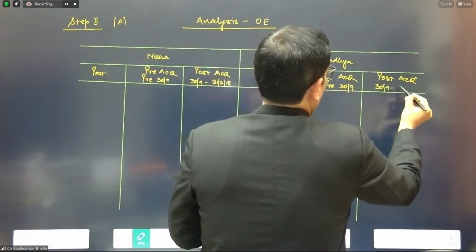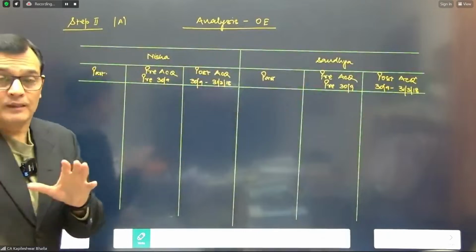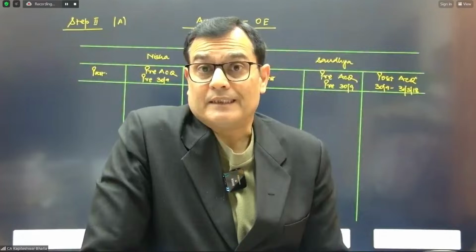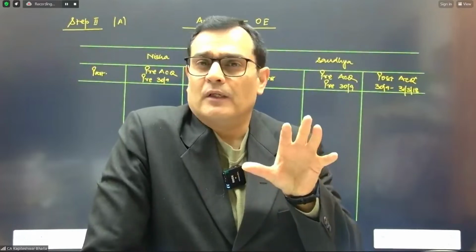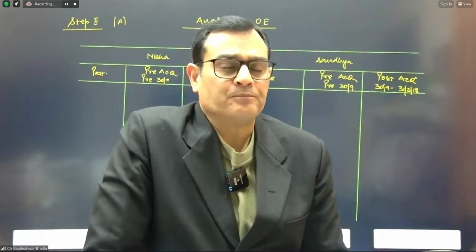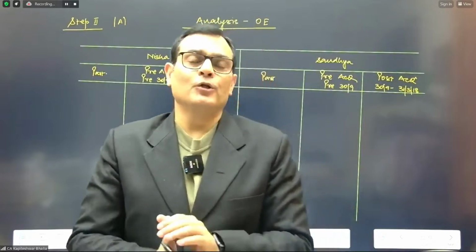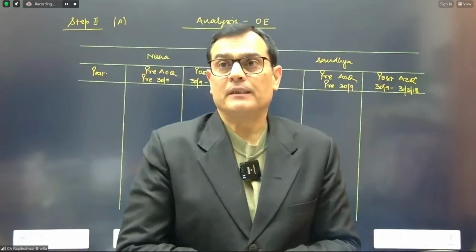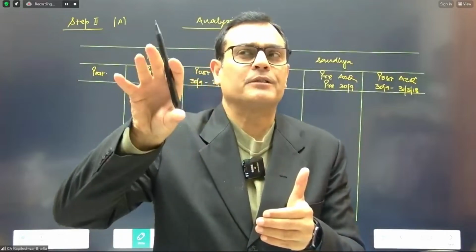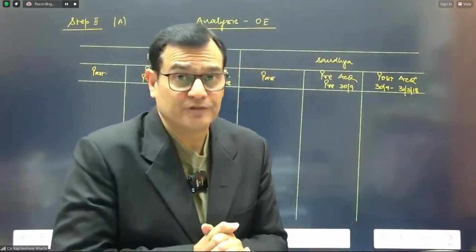And this is from 30th September till 31st March 18, that becomes post-acquisition. Now here again, your focus points remain the same as what we discussed yesterday, that we need to consider 3 focus points. Look at the balance sheet of the subsidiary and do the analysis of other equity, 1. Look at any fair value adjustments in the additional information, 2. And look at any stock reserves which are upstream in nature. So the moment you do the analysis, your focus point should be very clear. We're looking in terms of other equity, then fair value adjustments and stock reserves, if any.